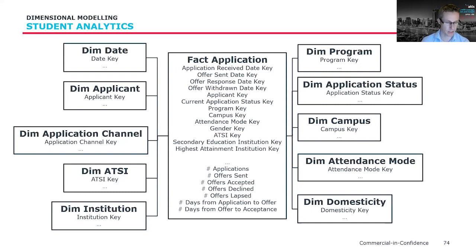And the other thing is we talked about different fact types. The type of this fact would be an accumulating snapshot, because as and when the application moves through the different stages of the life cycle, we're constantly updating the different dates and the statuses. So, when the application received, there'll be no offer sent, no offer response, no withdrawal date. So those dates would only start to get populated as and when we meet that stage of the life cycle.